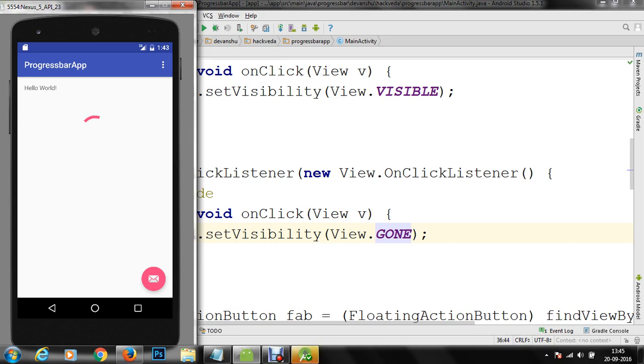As soon as the application runs on our device, we are going to do the demonstration on how to show the progress bar and how to hide the progress bar. As soon as the ADB is initialized, our application will run on our device.